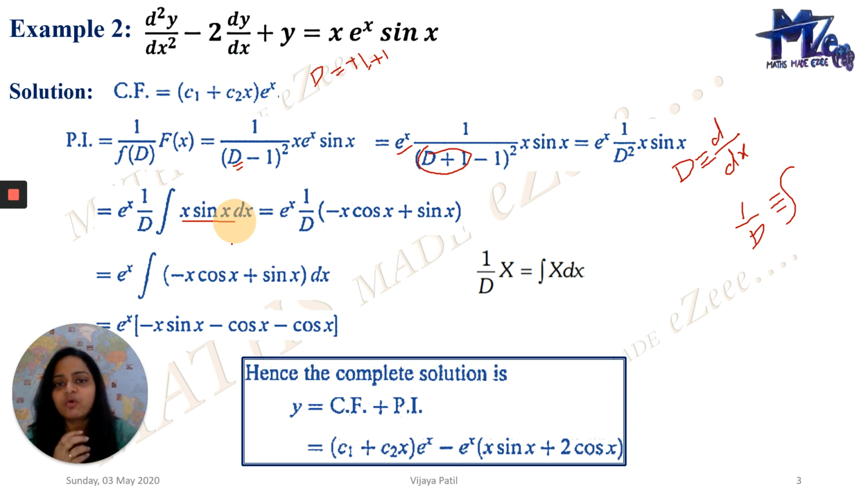So what exactly have you understood from here? Whenever we go for this kind of example, we should first be aware of the rules of PI of e to the power ax, sine of ax or cos of ax, and x to the power m. Only then will this type of example be easy for you to understand and solve thoroughly. I hope you have understood this entire case, x equals e to the power x phi of x.